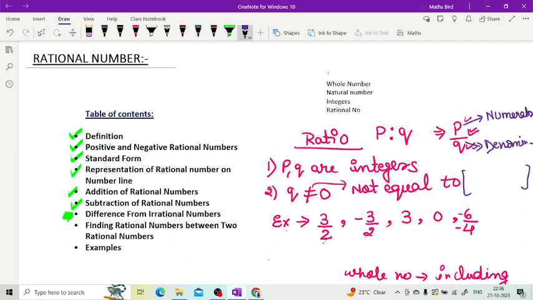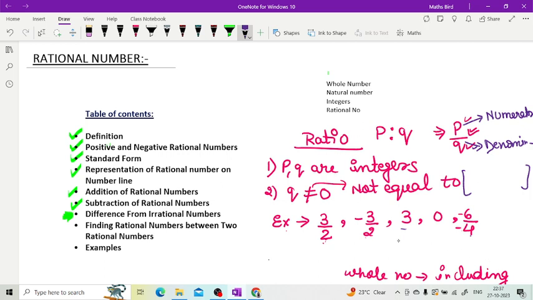So simply we can say denominator should not be equal to 0. So see, here denominator is not equal to 0. Acha, why do I write here 3 and 0? Why is 3 a rational number? Because it is not in the form of p by q. Bhai, so how can we say this is a rational number?